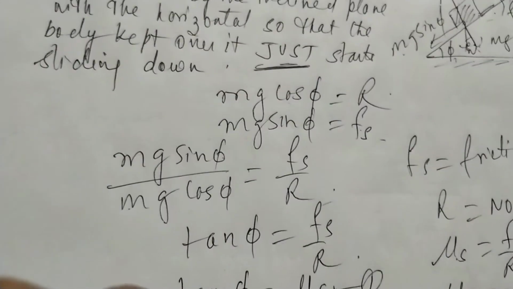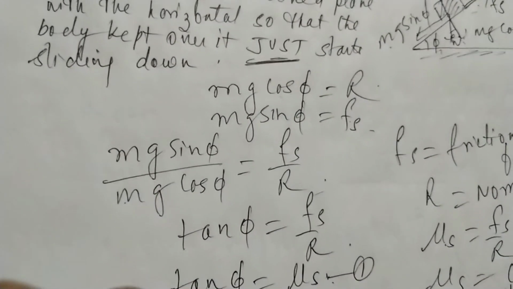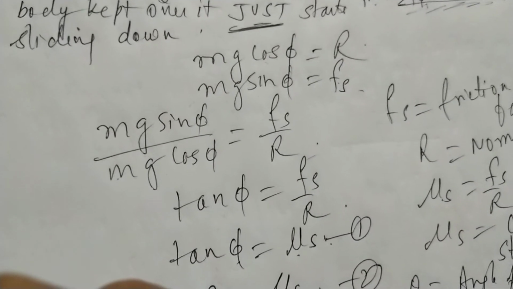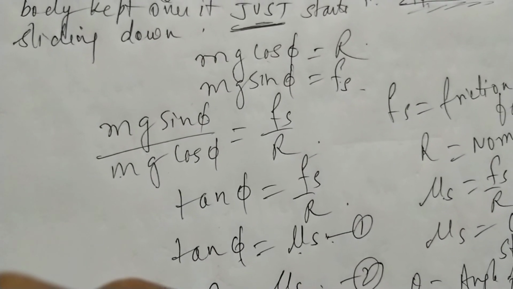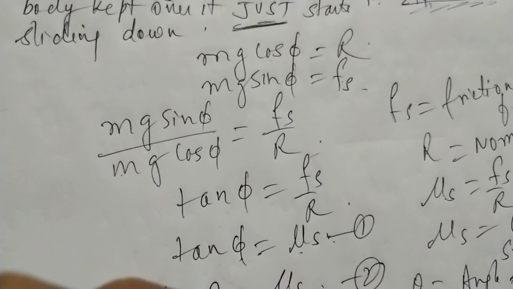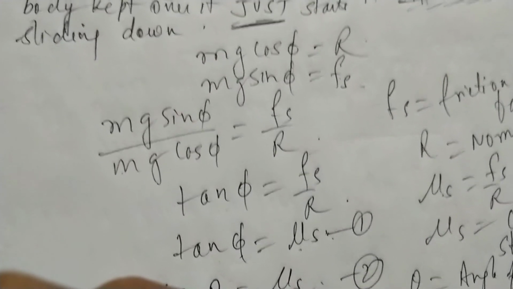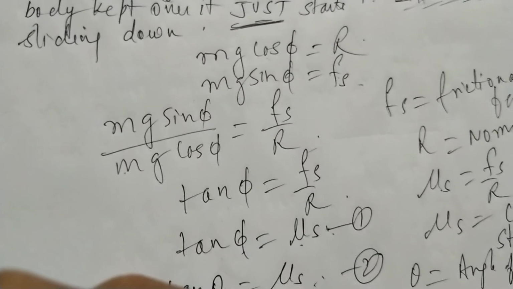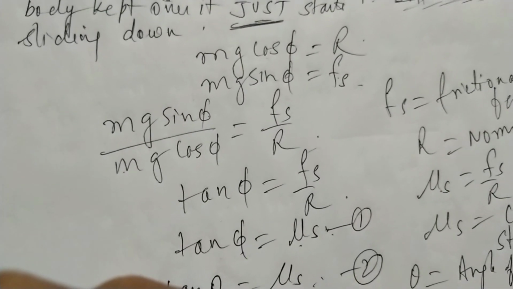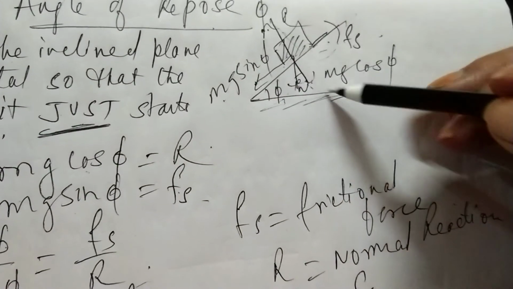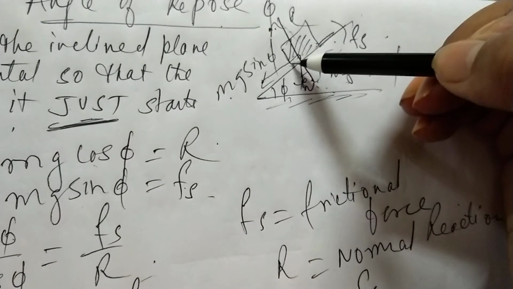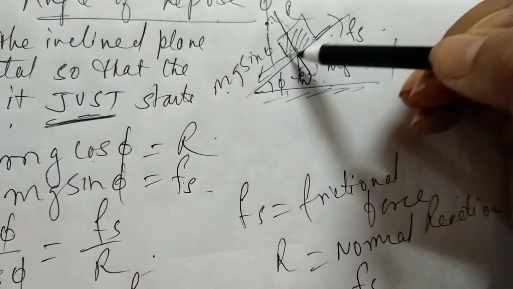Make sure that you understand all these things and keep yourself updated, because these things are very important. Whenever you get an inclined plane, learn how to resolve the forces kept over the inclined plane. That becomes very, very important. You should know how to resolve it. Whenever you are resolving on an inclined plane, make sure the normal reaction is balanced by the component mg cos phi, always and always, and mg sin phi will act down always and always.